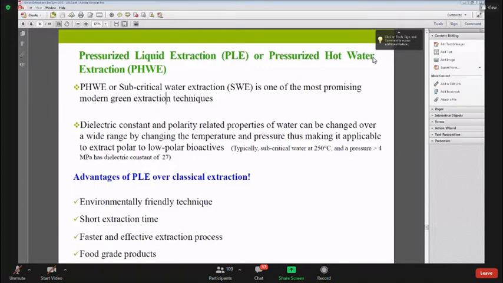These extracts can be evaluated by using different in vitro and in vivo bioassays for different biological activities. And we can also purify these extracts using some liquid extractions or solid phase microextractions. Especially, we can enrich these extracts for certain bioactive compounds, and then we can go for phytochemical profiling. We can use state-of-the-art techniques like HPLC, LCMS, GCMS, or some spectroscopic methods for the characterization